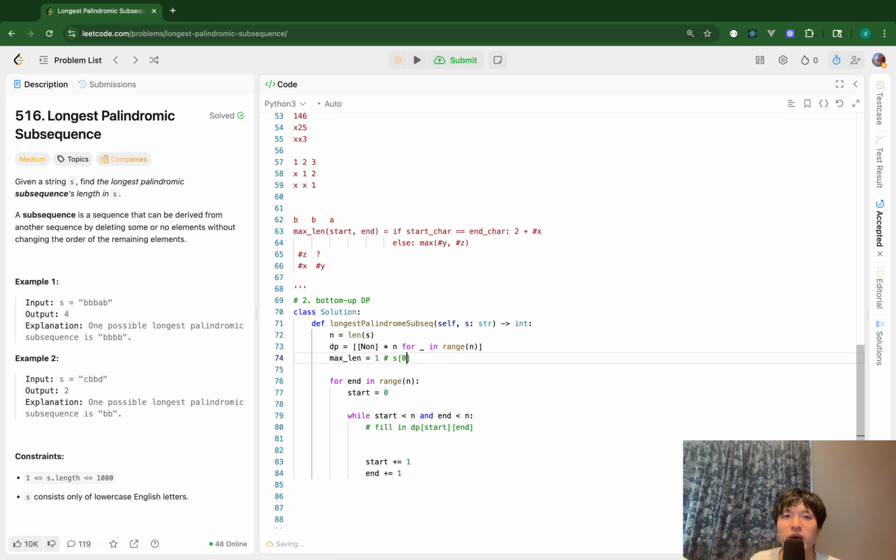I will initialize the max strength with this, and every time I fill in the DP table, I will update max strength with that. Then I will return the max strength in the end. Okay. So now I implement line 81. So as I said,